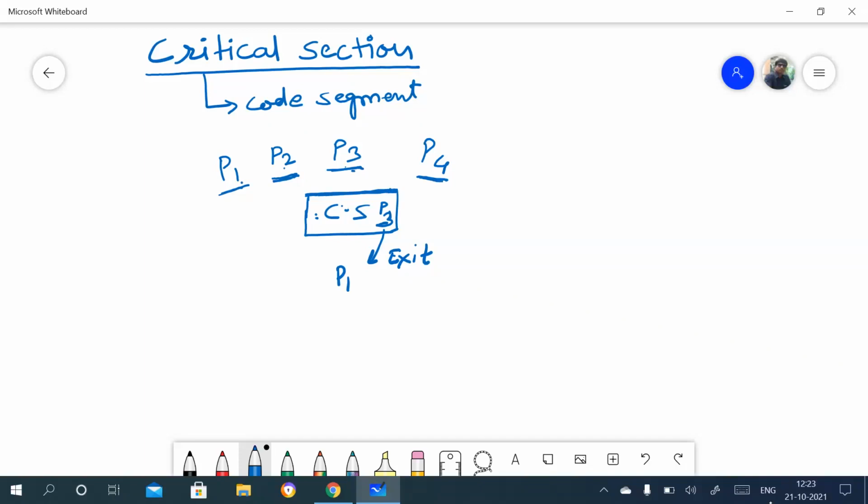So whatever the shared resources are, these are kept into this critical section. Suppose one example is a, this is one variable, and this a variable is common between all these 4 processes. Now when that P3 process is using this a variable, then at that moment P1, P2 and P4 will not enter into this critical section to access that a variable.